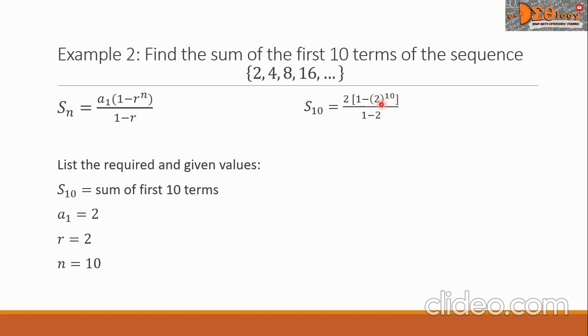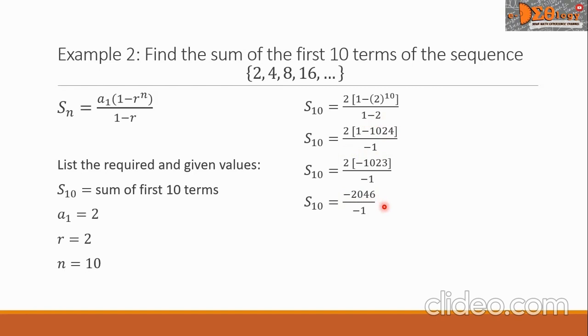Let us simplify this 2 raised to 10. Using our calculator, we have 1024. In the denominator, the 1 minus 2 is simply negative 1. Let us simplify further. These numbers inside the grouping symbol, 1 minus 1024, will be negative 1023. Let us get the product of this negative value and the number 2 outside. We will get this negative